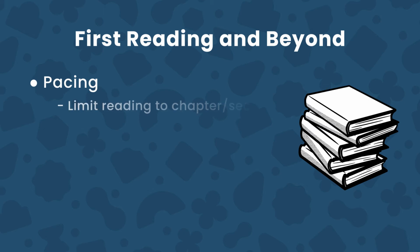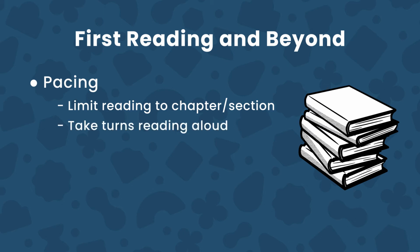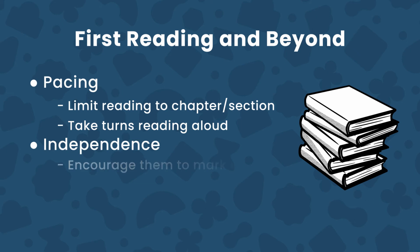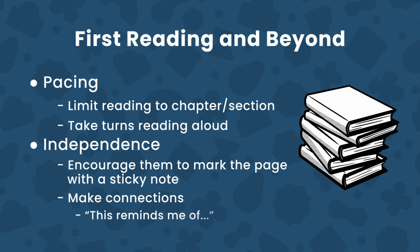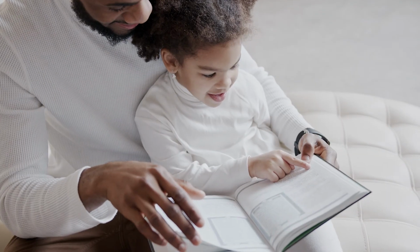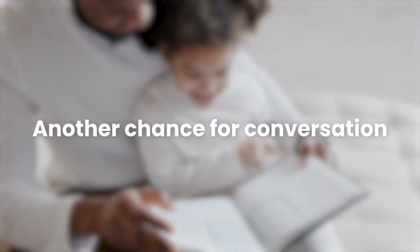For older children, a book may be too long to read in one sitting. On your first read, you may want to limit your reading to the first chapter or section. You can take turns reading aloud. As your child continues to read on their own, encourage them to mark the page with a sticky note to indicate a connection they have made to a particular part of the story. Making connections helps build reading comprehension. A good way to help your child make connections is to have them complete this sentence: "This reminds me of..."